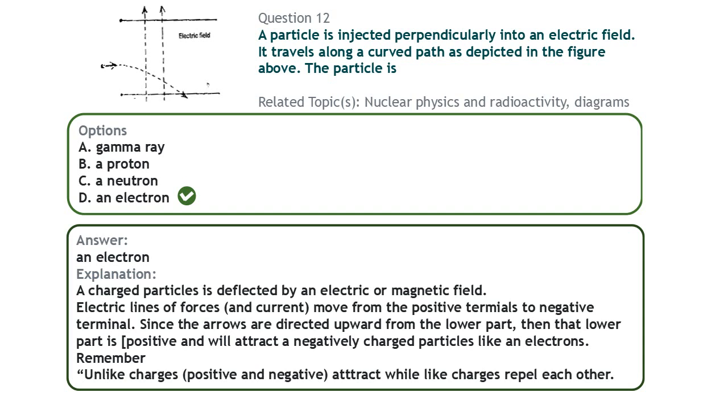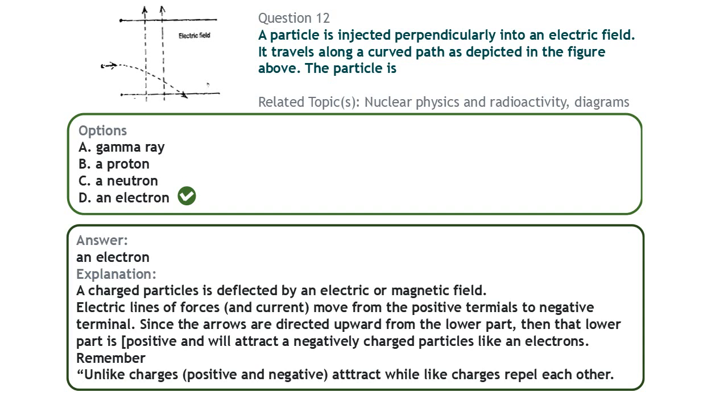So the electric lines of force move from the positive terminal to the negative. These lines here are from the positive to the negative. That means that this part here is negatively charged. Now for this particle to have been deflected, it means that particle must also be negatively charged, because repulsion occurs between like charges, positive and positive, or negative and negative. So for this particle to have been deflected, that indicates that this here is negatively charged, and that particle